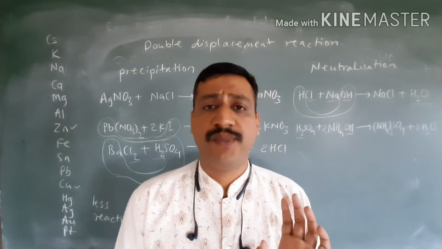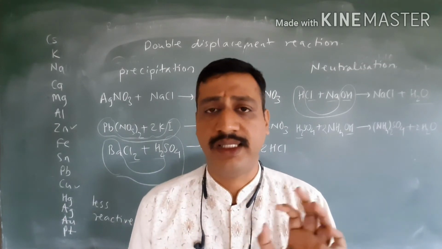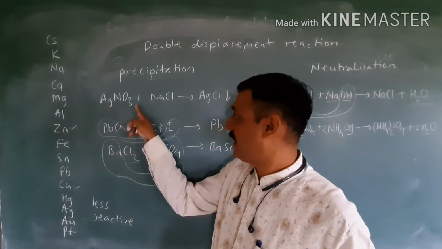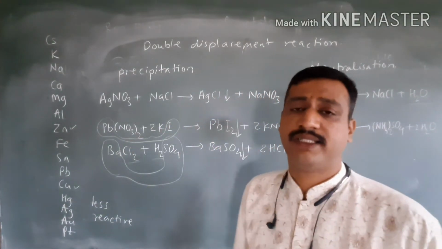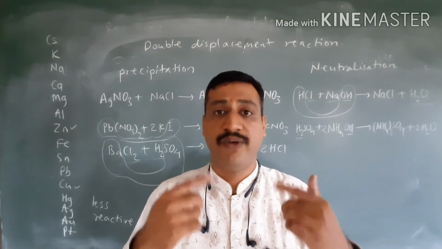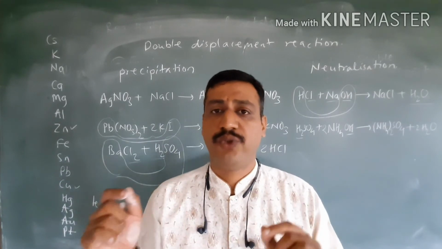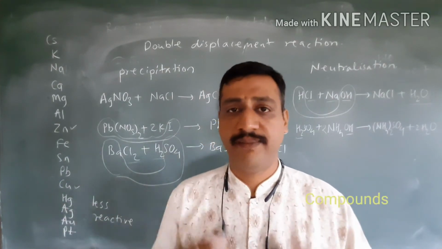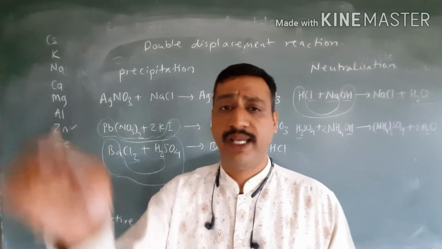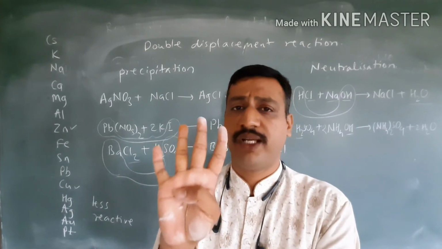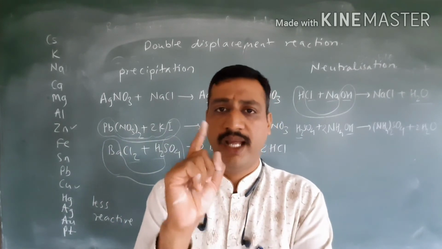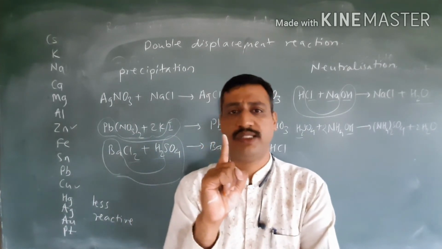What we learned today: first of all I told you about chemical reactions where rearrangement of atoms takes place and new substances are formed. Reactants are shown at the left side, products at the right side. Then elements are substances which are made up of the same type of atoms, like C, O2, N2. And compounds are substances made up of different types of atoms. Then we saw 4 types of reactions. First one, combination, where 2 or more substances combine and only one product is formed. Those are the combination reactions.